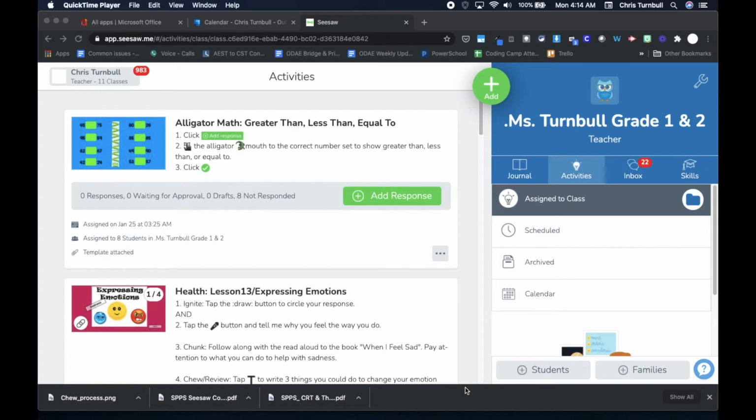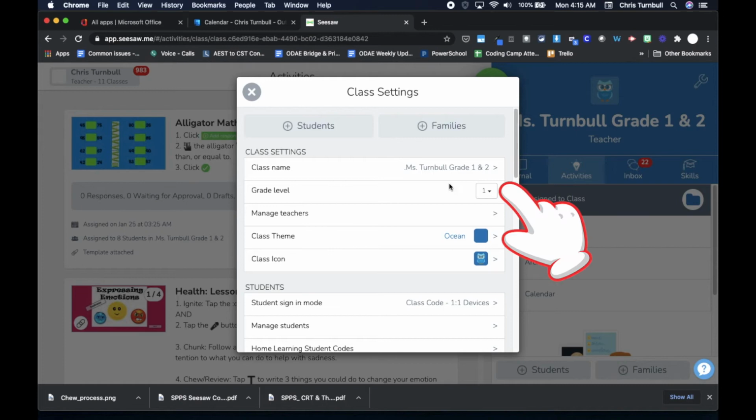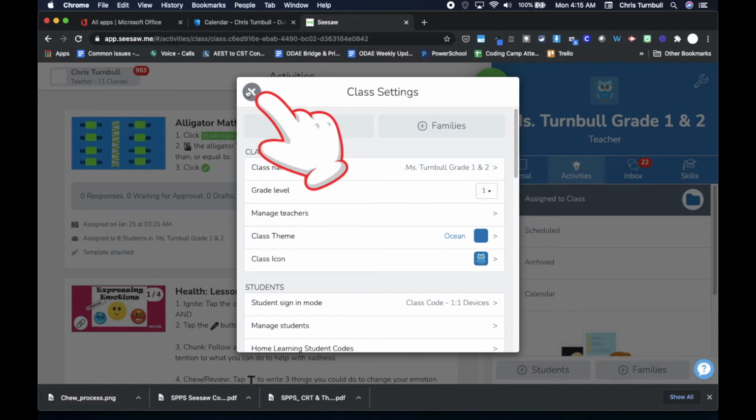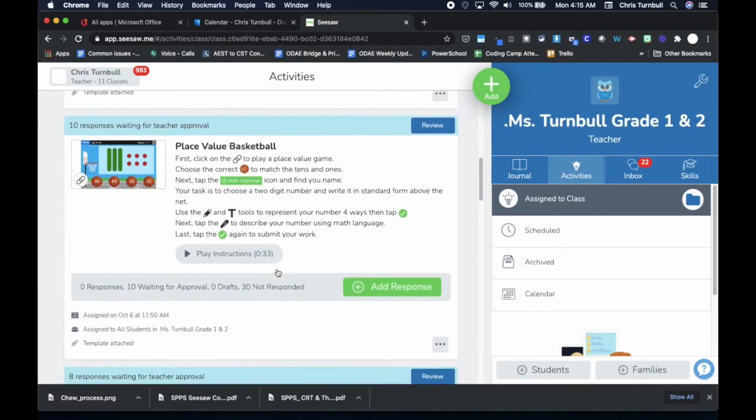If you're teaching in a multi-age classroom, then you'll need to review students' work and mark their skill proficiency in stages. First, go to your wrench and see what your class settings are for grade level. So this first and second grade multi-age classroom is set for first grade right now. So I can close up that window and I can go down to an activity where I want to look